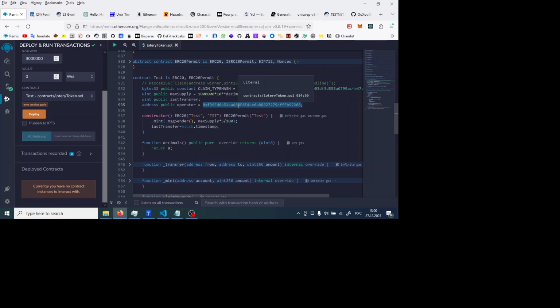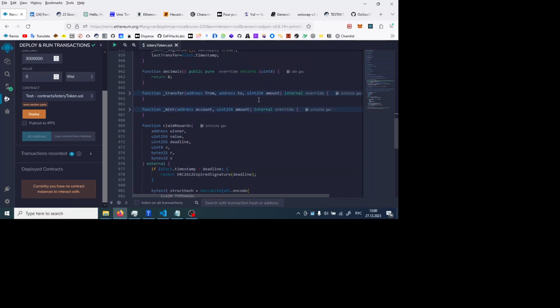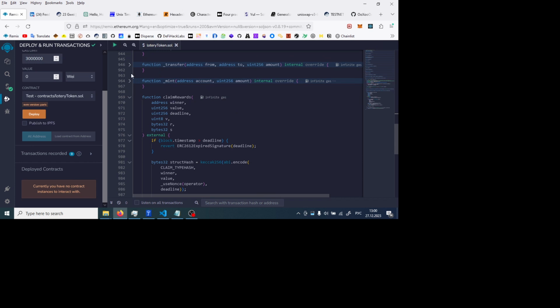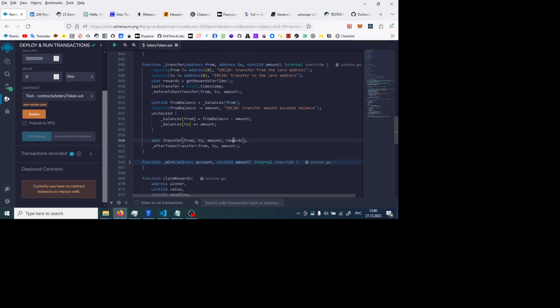It can be the deployer address or some other address which is controlled by the deployer. And in the backend, the deployer must have a private key for this address, and after choosing the winner, the backend must create a signature with information about extra rewards from this event,